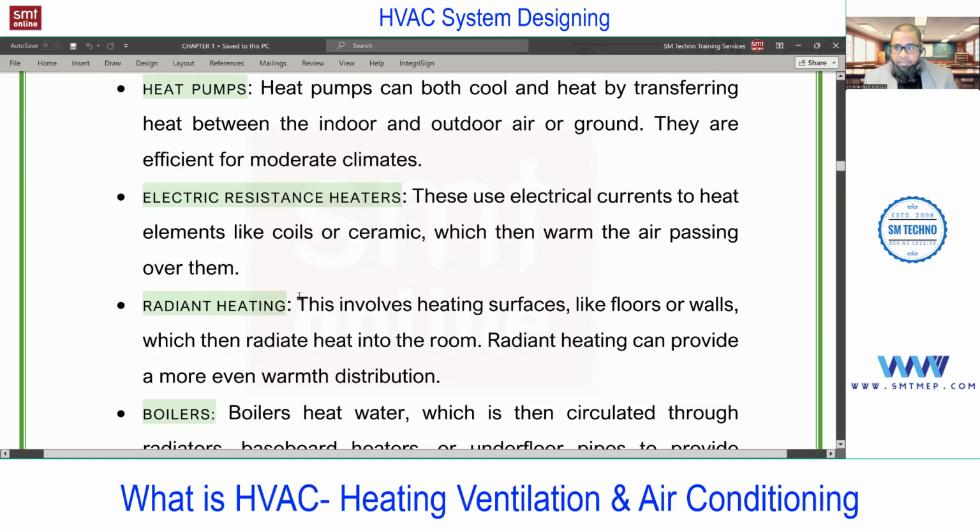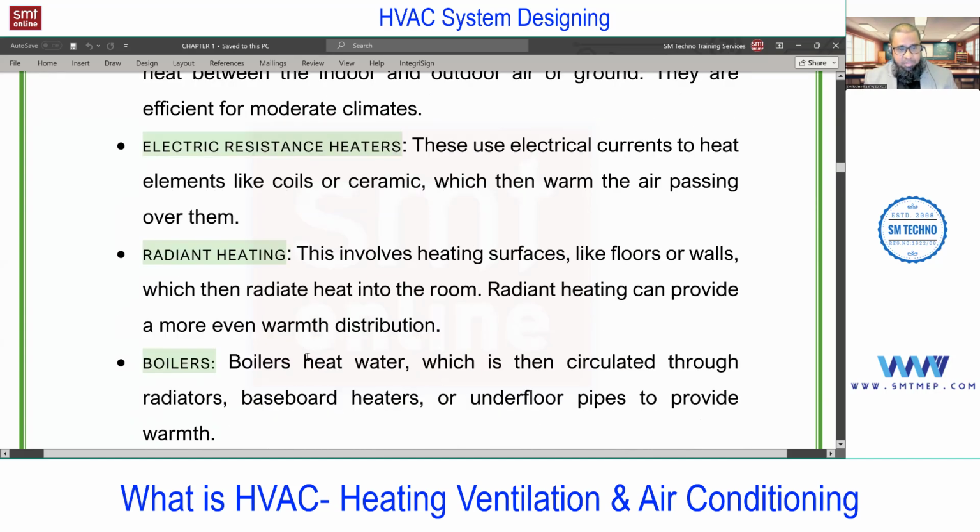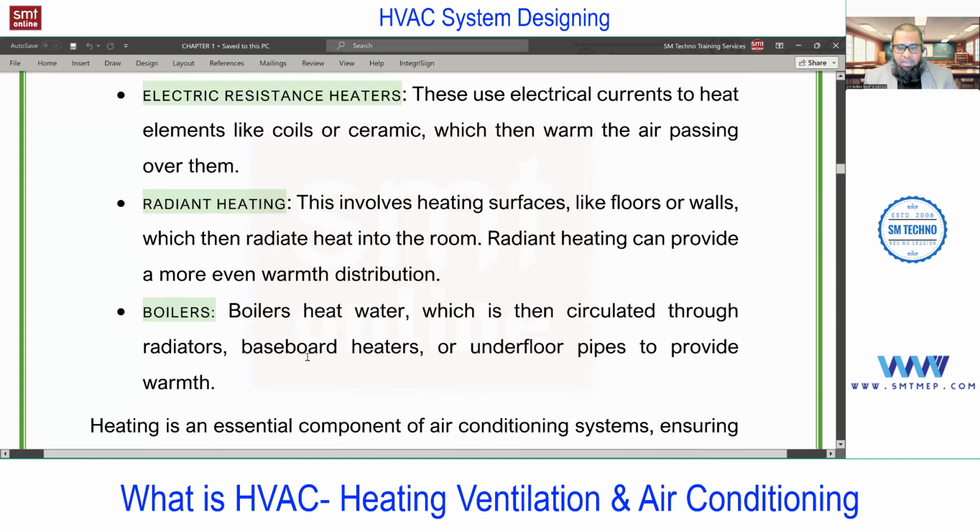Next, we have radiant heating. Radiant heating means we lay pipes in the floor and run hot water through them. In short, at this level, we'll discuss the systems later. Or using boilers. As mechanical engineers, I think everyone knows what a boiler is. With the boiler, the hot water can be circulated in the coils in the AHU or in the FCU, or water supply heat pumps, to provide hot air. So the boiler can also be a source for providing heat.